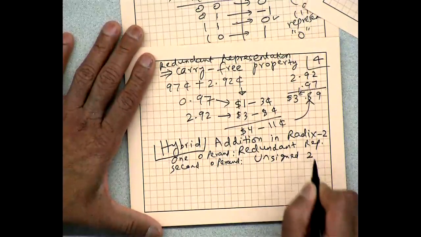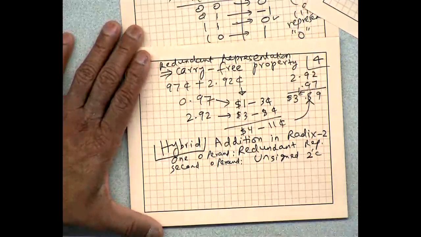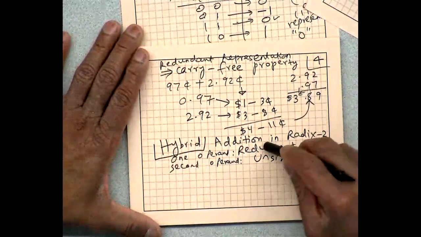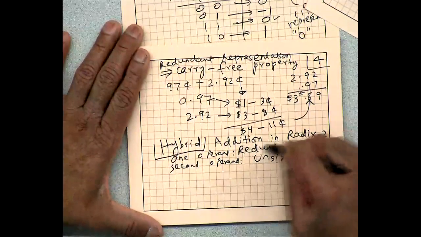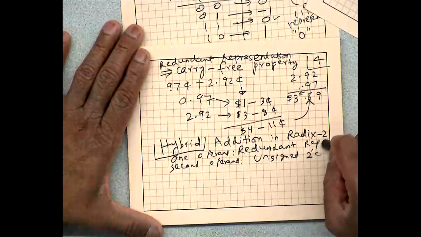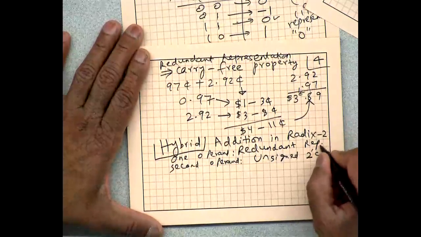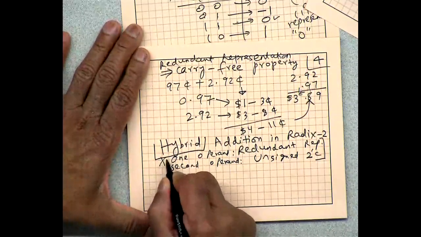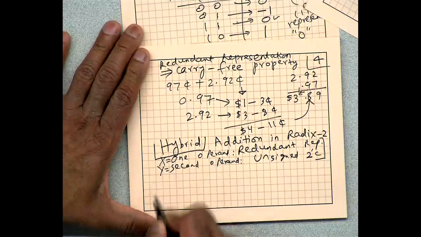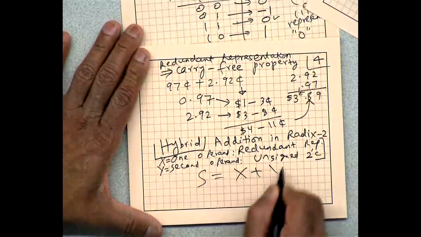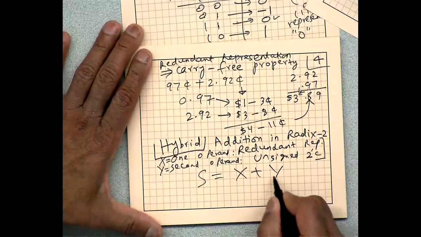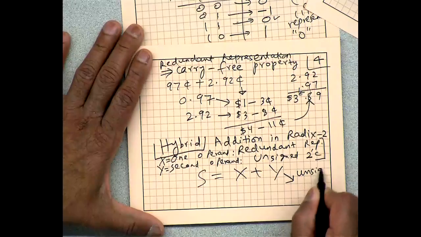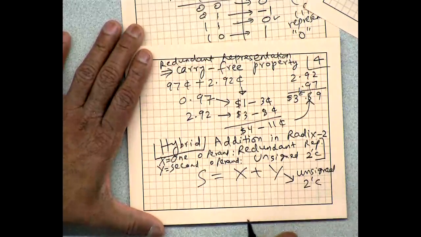Unsigned 2's complement. Okay. So that's the name. Hybrid simply means two input operands are not in the same format. One of them is in radix 2 redundant representation, another is in radix 2 unsigned. So both are still in radix 2. And so if I call these operands x and y, we are computing s is equal to x plus y, where y is in unsigned 2's complement and